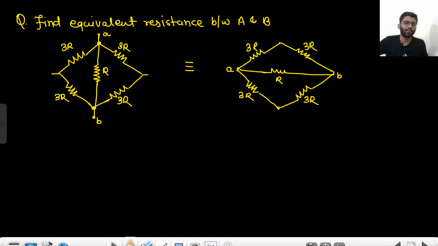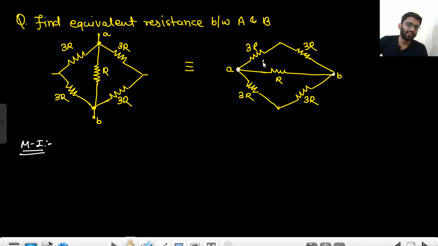Now you have to find the equivalent resistance between A and B in this circuit, and you should try doing it on your own, by method 1. Will I call it the Wheatstone bridge? Is it a Wheatstone bridge? No, because we are calculating the output resistance between A and B. So we will apply a voltage source here and see the current out of it. If we are applying the voltage source between A and B, the resistance is also connected between A and B only. So this is not a Wheatstone bridge.